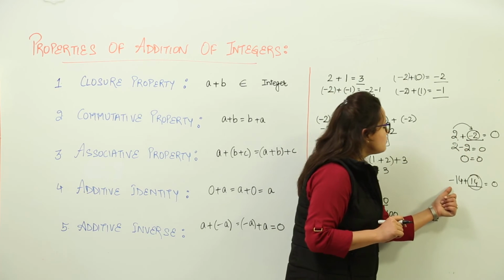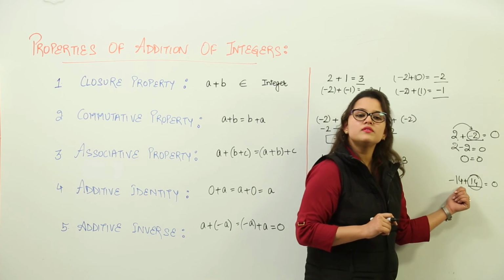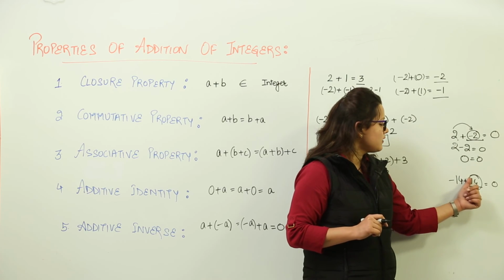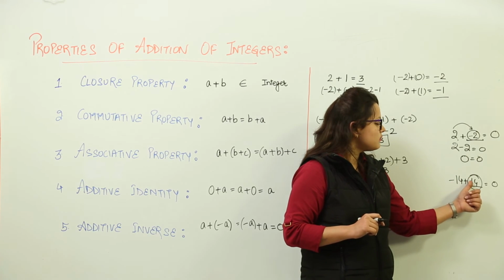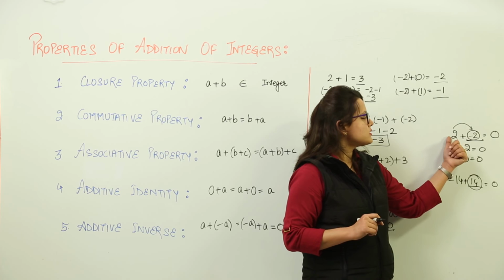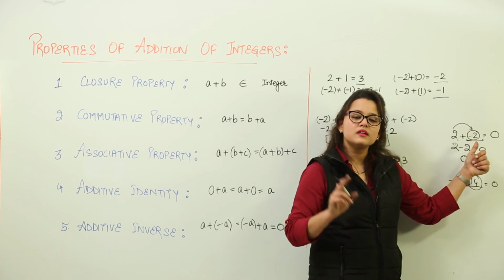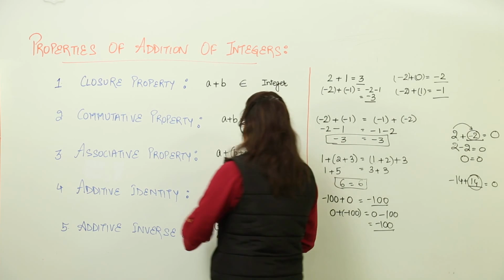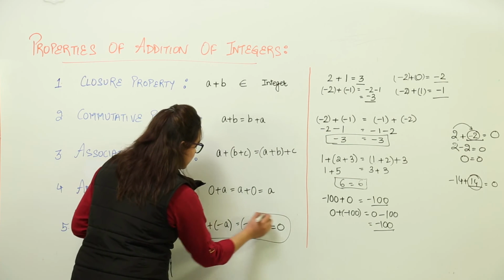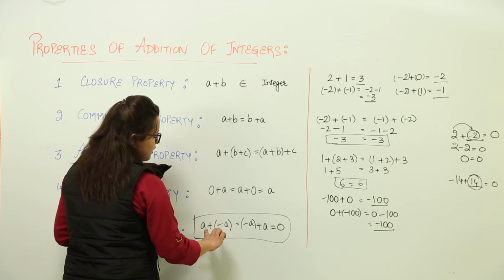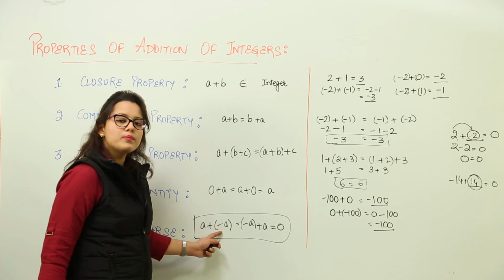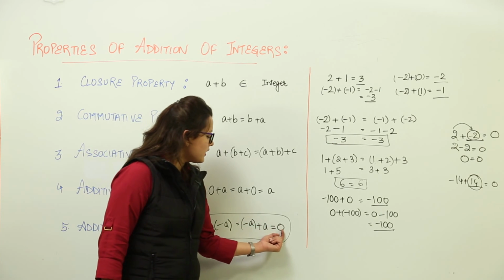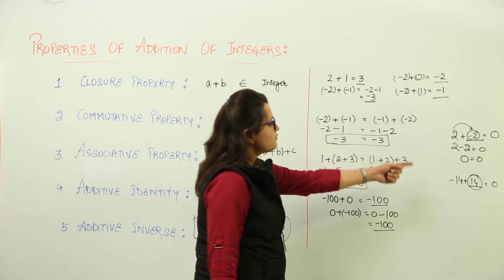What is the additive inverse of minus 14? The additive inverse of minus 14 is 14 only but having the opposite sign, plus. Here we had minus, here we are going to have a plus sign. For positive integers we are going to have a negative sign in their additive inverses. So that was about the additive inverse. That means this property is clearly telling us when you add up an integer and the same integer with opposite sign, you are always going to get 0. That is what I have proved over there.